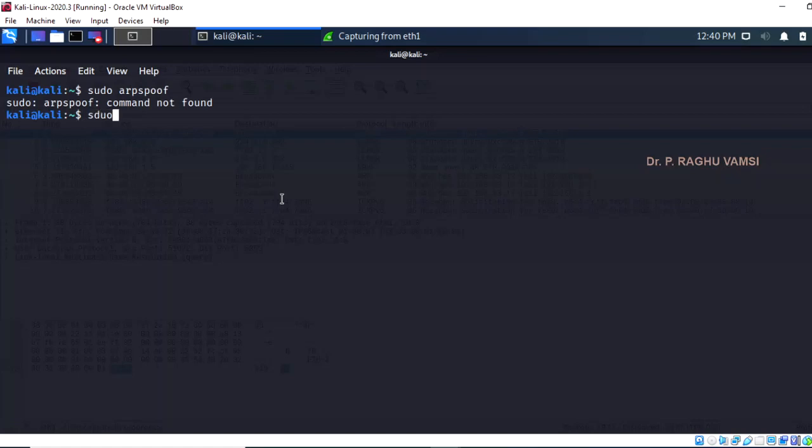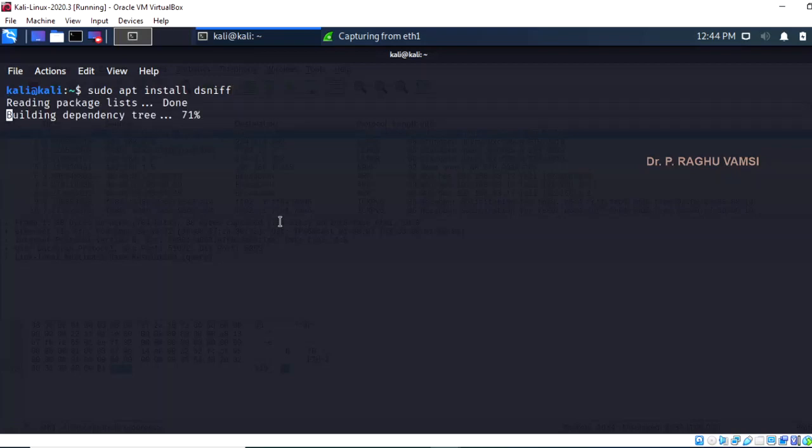So update the package manager apt: sudo apt update. After the update, install arpspoof: sudo apt install arpspoof. To install arpspoof, we need to install a package called dsniff: sudo apt install dsniff.